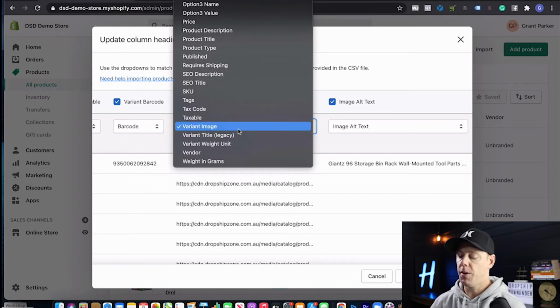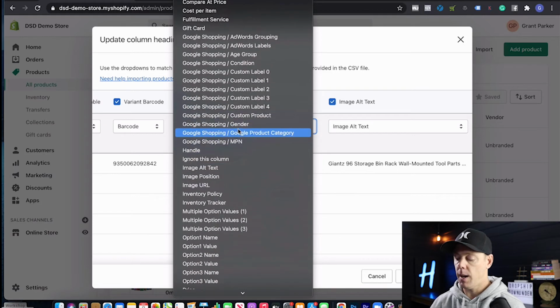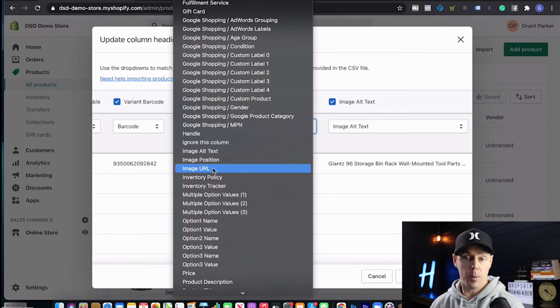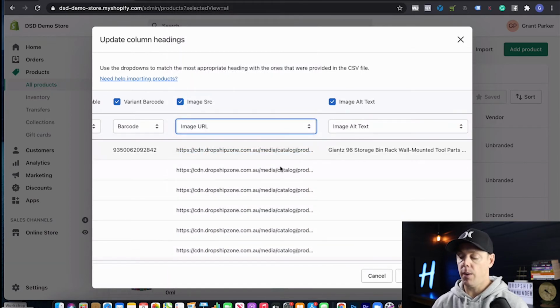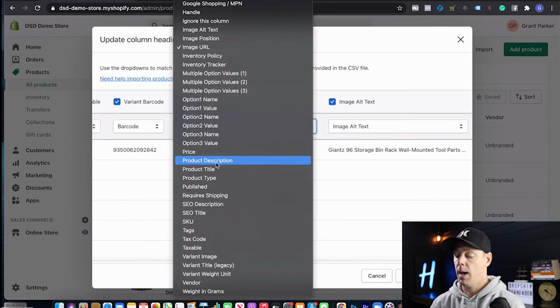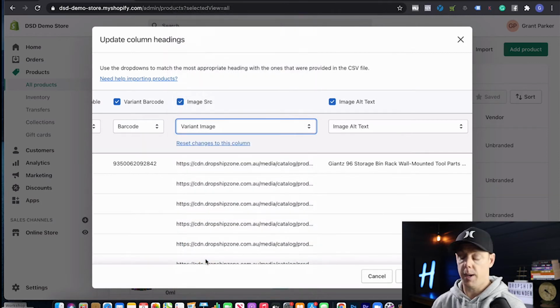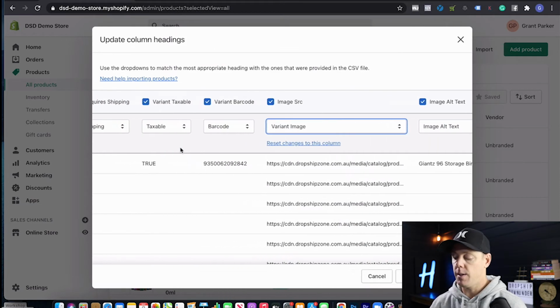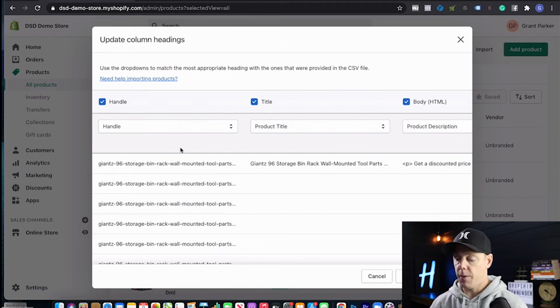So most often it will be the image URL which works correctly, because the URL, if I select that again, you'll see the URL here is actually what's included for the image. It's not actually a file of the image, it's a URL to that image. So that's usually what works best, but I have seen it, and just recently actually, where importing the variant image worked best. But like I said, if you do go through these columns, and you can notice that, say for instance, the